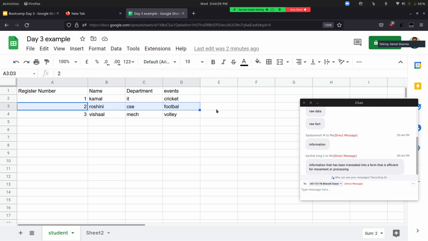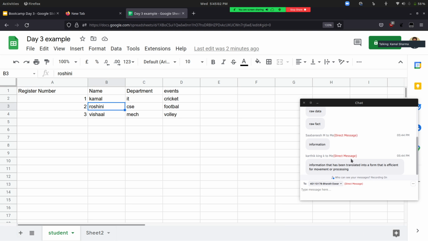You'll just wonder if these are random words. But if we present it in this particular format, you can understand that this particular student has this registration number and belongs to this department. We're able to get the information, right? So data means just a raw collection of facts, and information means gaining insight from it.